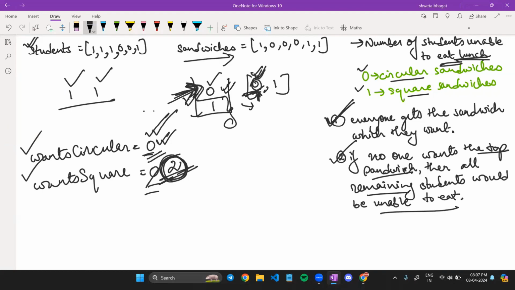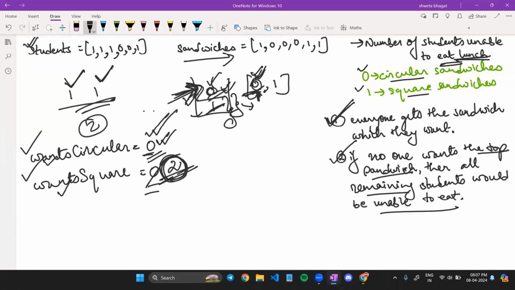So what would be the answer to this particular test case? It would be 2, because both these children won't be able to eat their lunch, since we won't be able to take this 0 out of the stack. And since we can't take this 0 out of this stack, we won't be able to give this particular square sandwich to anyone, correct? What we are going to do is take 2 variables, one circular